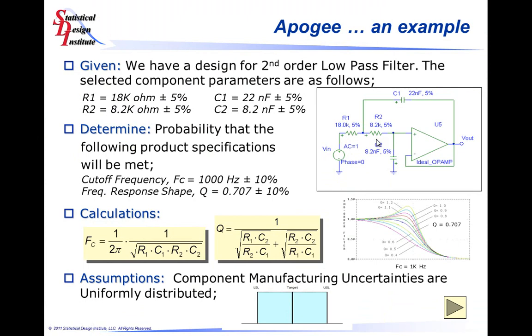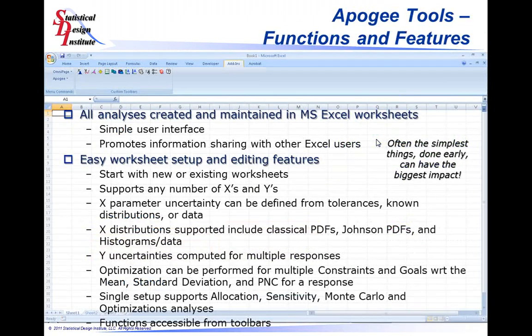So basically, summarizing what we've accomplished at this point: we have taken a simple Excel spreadsheet. We have defined certain cells as X's, or parameters in our evaluation, and certain cells as responses, or Y's, and then we were able to determine what the variation would be required on each one of these parameters in order to meet a desired probability of non-compliance for the response for both